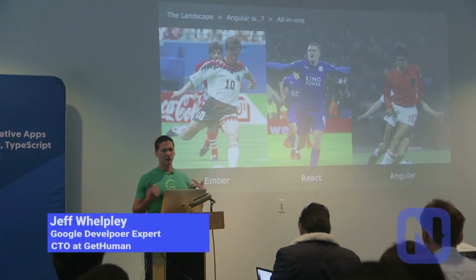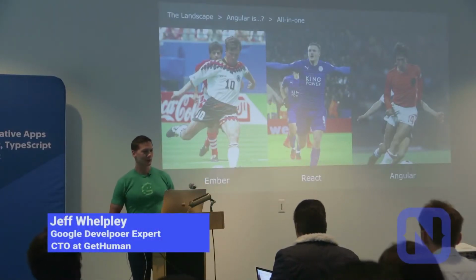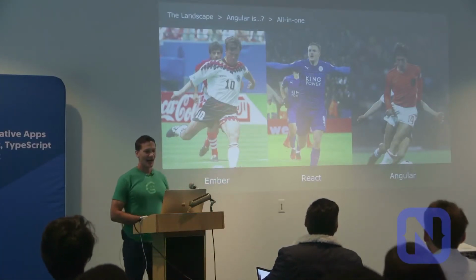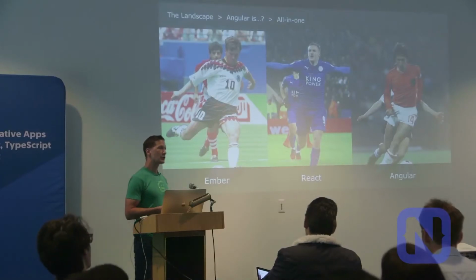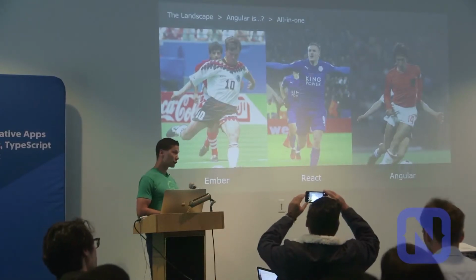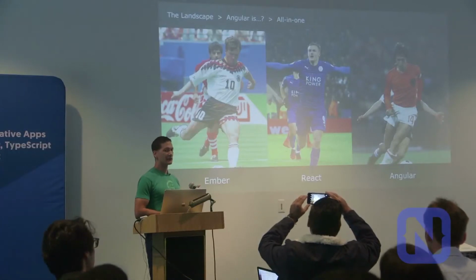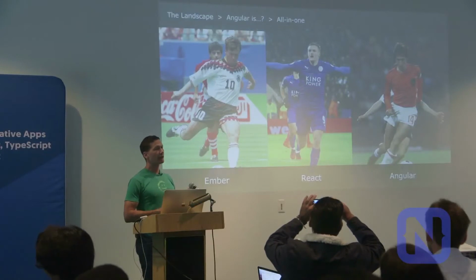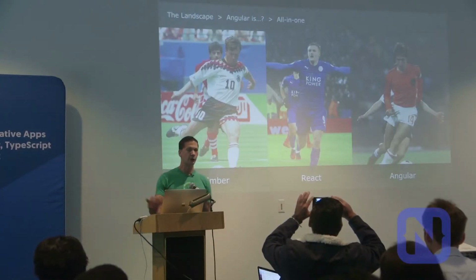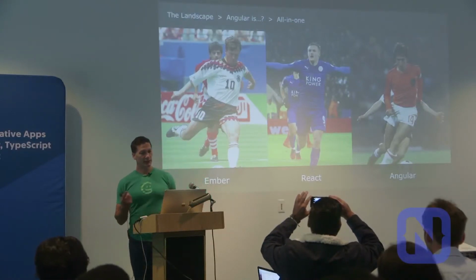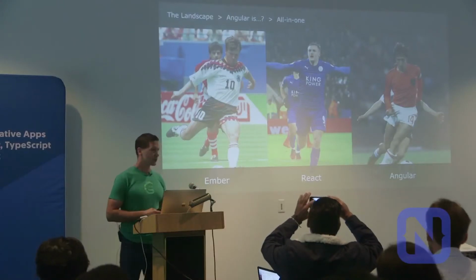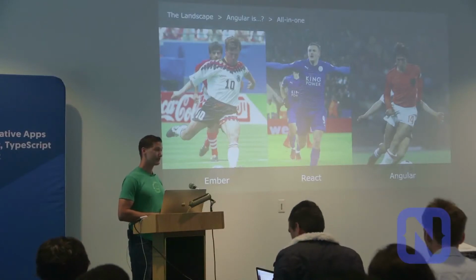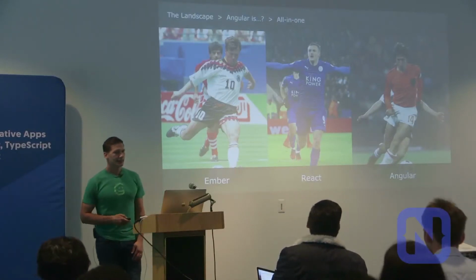So when you try to think about the different frameworks in comparison, maybe this isn't a totally accurate comparison, but React is like Jamie Vardy. It does one thing and it does it really, really well. But you can't have a team of Jamie Vardys. If you have a team of Jamie Vardys, you are going to fail. You need other complementary players. You have to build a team from other parts. Whereas with Angular and Ember, with Lothar Matthäus or Johan Cruyff, if you had a team of them, just duplicates, you guys would wreck house. And that's the idea.